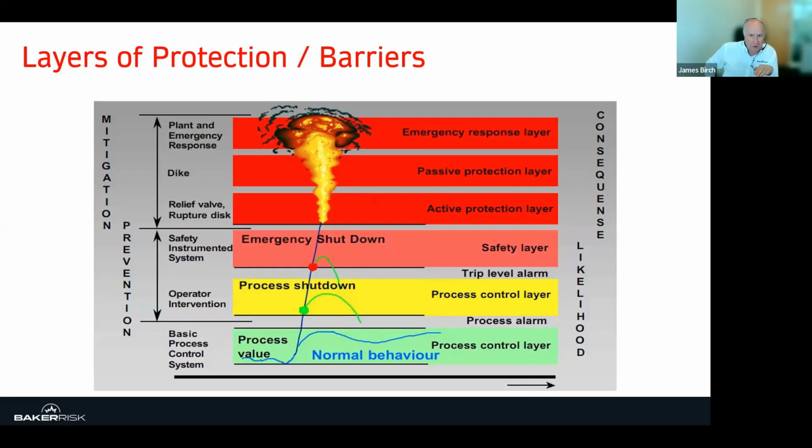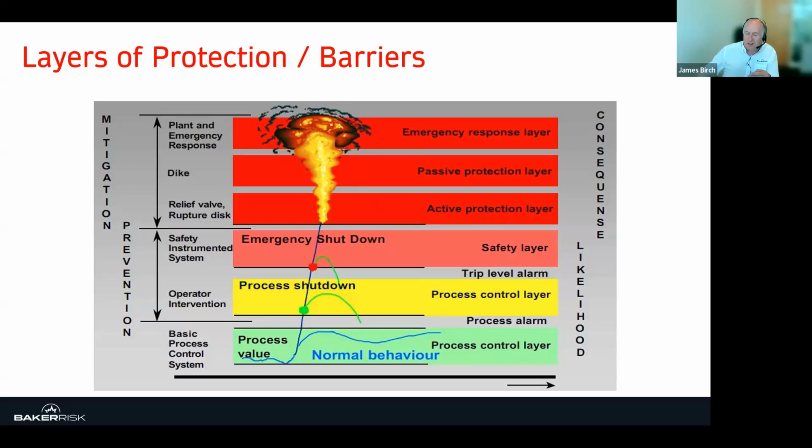And we try and control the level of that, but this may be relief valves, this may be containment against spills. But ultimately, if none of these work, we're dealing with emergency response, which is our emergency systems, our firefighting, life-saving. So if we look at all those layers, which are there to try and protect us as many times as we can, let's just go back to my earlier comment that we're not perfect and the things that we